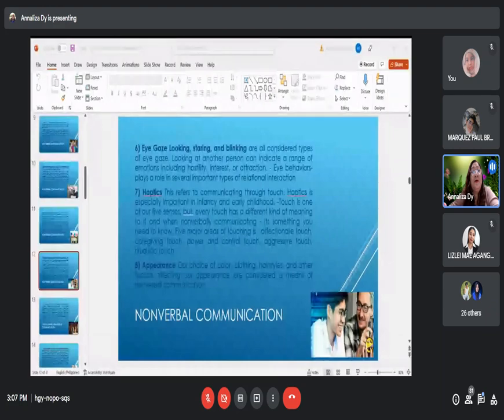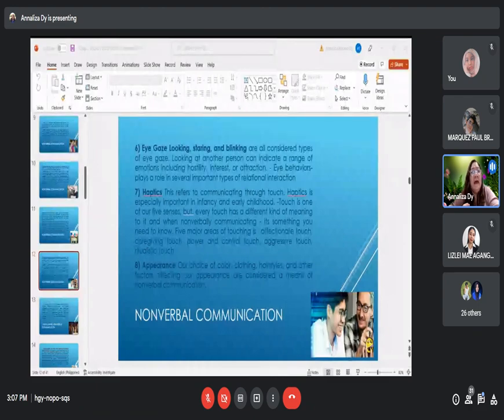Then you have haptics. This refers to communication through touch. Haptics is especially important in infancy and early childhood. Touch is therapeutic, correct? Touch is warm, no? It conveys warmth,